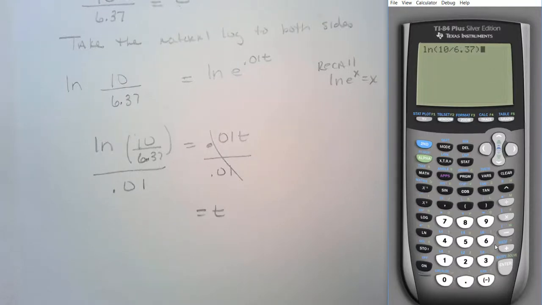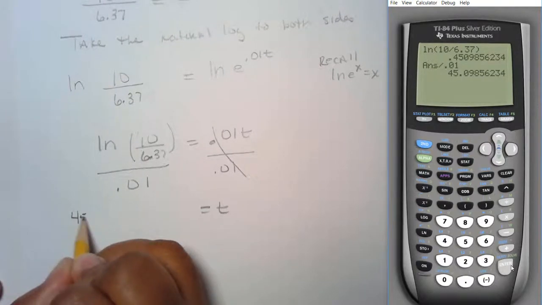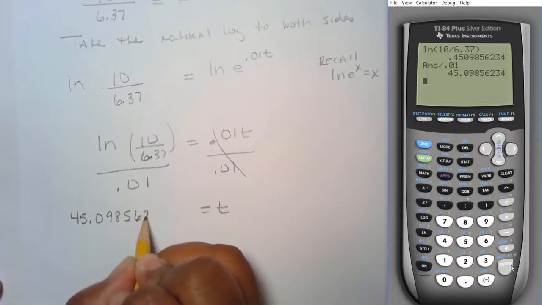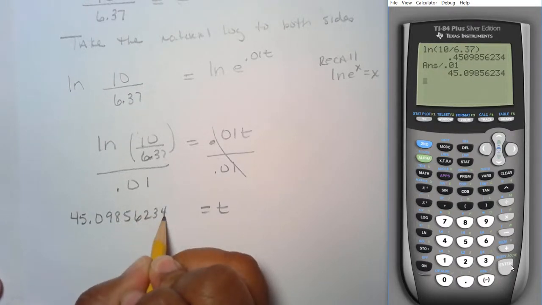Let's close it and enter. Then we're going to divide this by 0.01. And we have here 45.09856234, and we're going to round